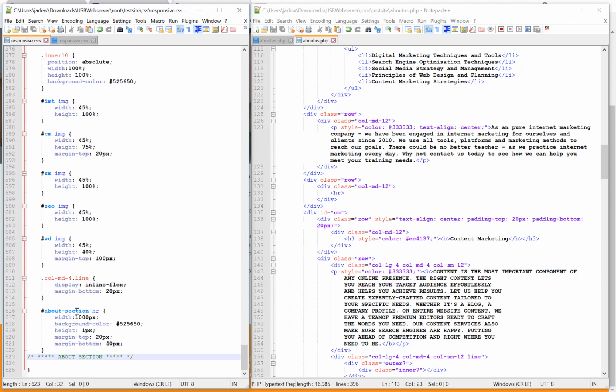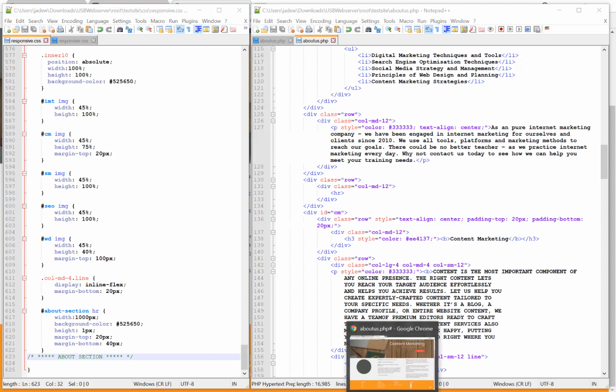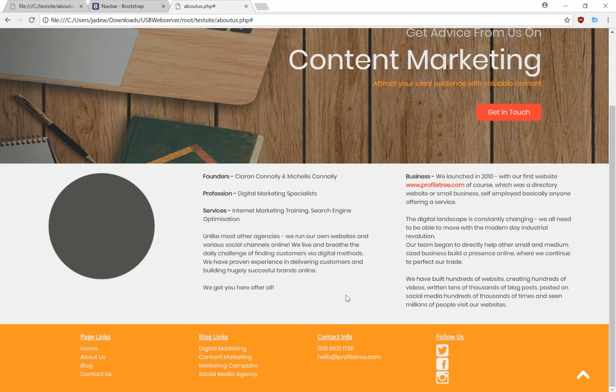This is also the CSS for the horizontal line for the About section. That's the reason why I used that ID, so that I could specifically alter the horizontal line, or else it would have affected every other line in the website with the same tag. So if we try this,